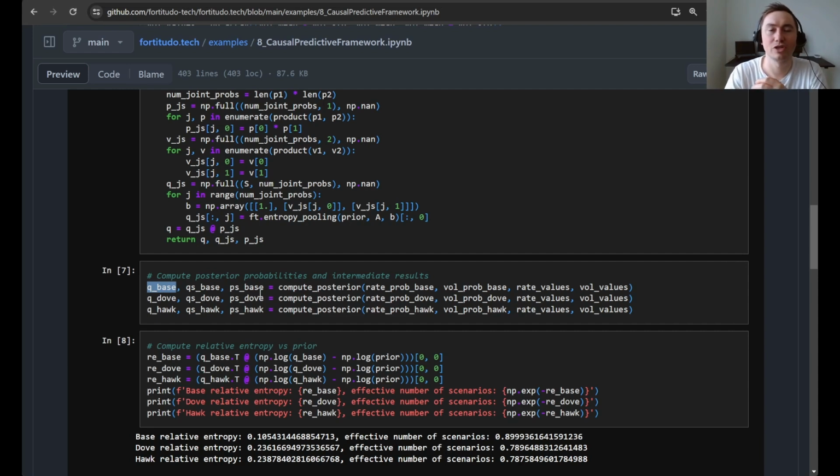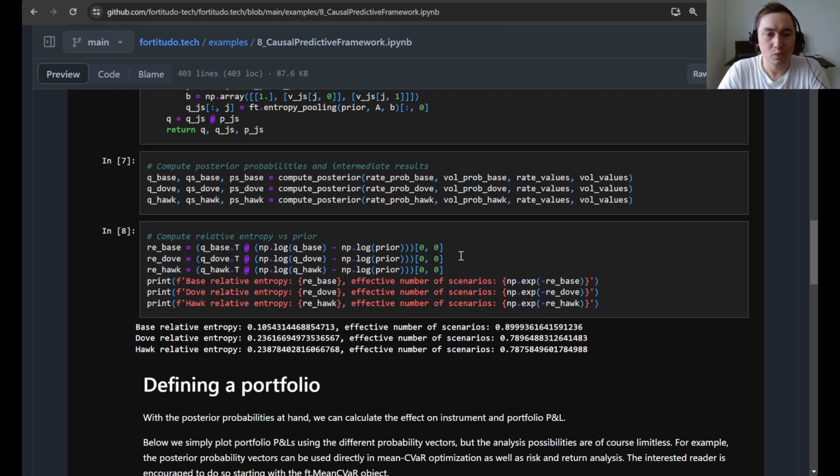So this is just if we have our prior market simulation, and then we say that now we believe that there are these causality assumptions. What does that do to our distribution without specifying whether the central bank is hawkish or dovish? And then the next one, we compute a posterior probability if the central bank is dovish and if the central bank is hawkish. So here we just show some statistics like the relative entropy and the effective number of scenarios,